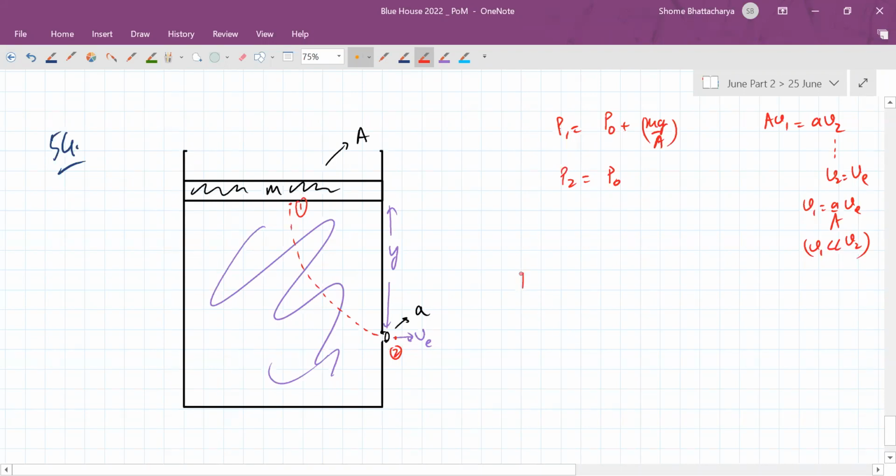So P1 plus half rho V1 square plus rho g h1 is equal to P2 plus half rho V2 square plus rho g h2. So V1 and V2 will substitute like this. Okay. P1 and P2 like this, and also we have h1 minus h2 is equal to y. So solving this, we will get